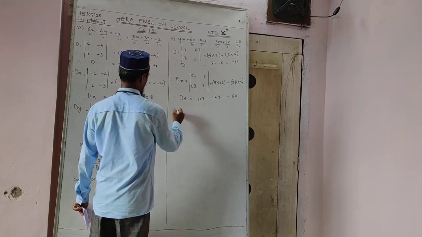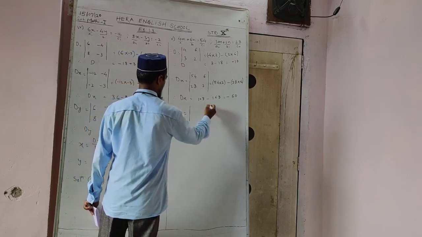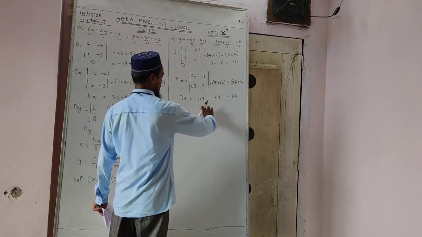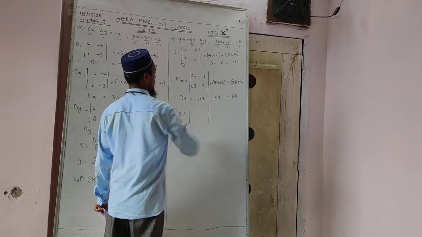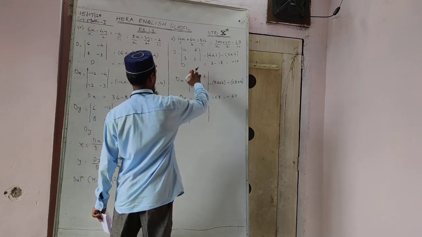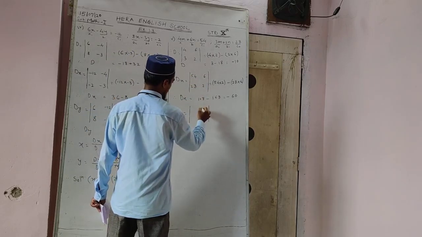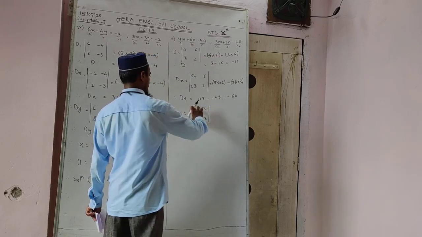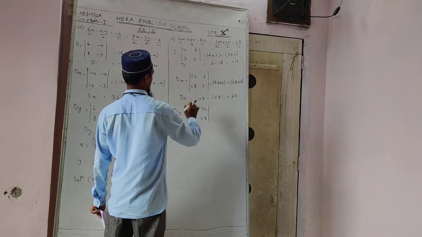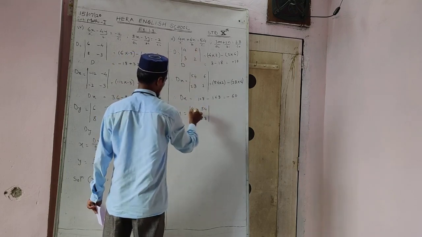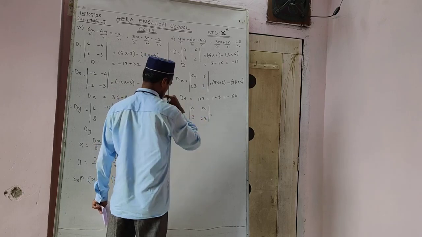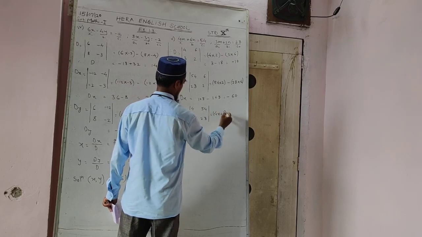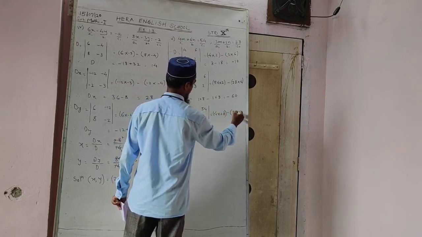Now continue for dy. Same thing as the last question. Now we will not take y, meaning b1 and b2. Here we will keep the values of c1 and c2, this one 54 and 28. Now here we will keep a1 and a2, meaning the x values, 4 and 3. Now continue the solution. Cross multiplication: 4 into 28 minus 3 into 54.